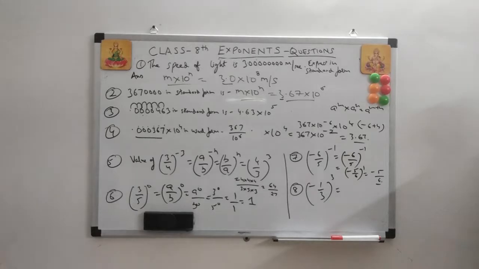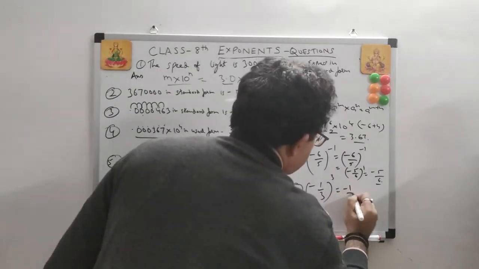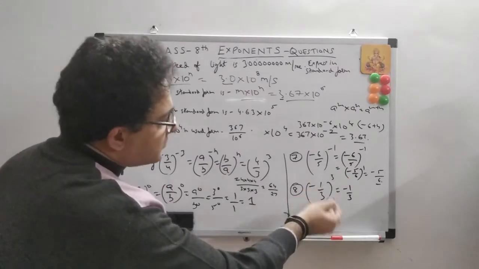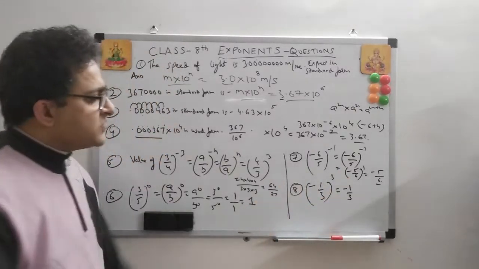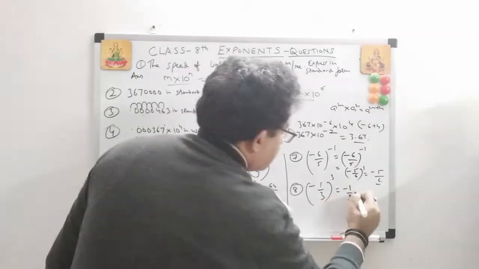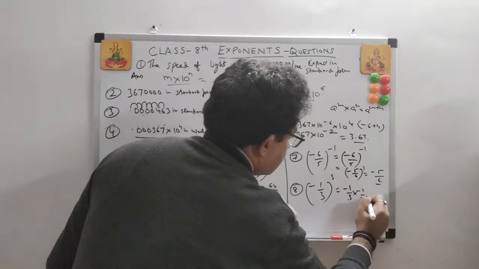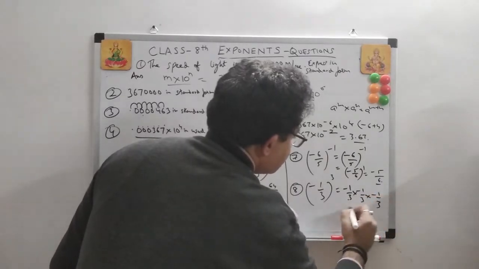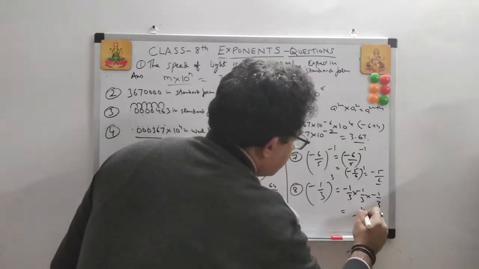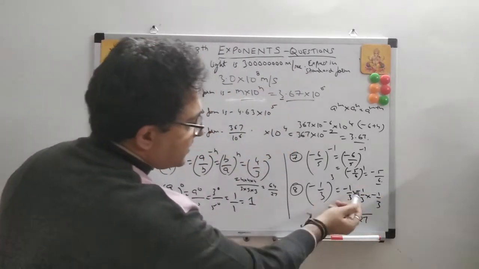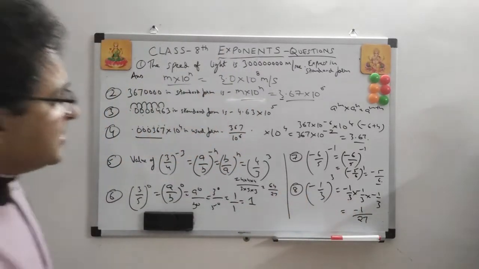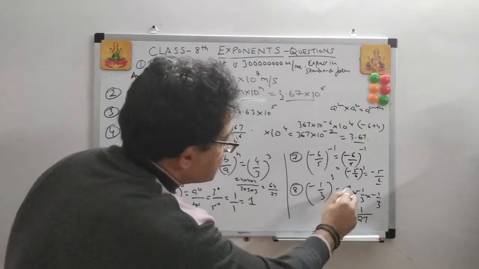And the last one, (-1/3) 3 times. See, this is already a positive power. You don't need to change it. You don't need to reverse it, because we already have a positive power. So this is 3 times, simple. Into -1 by 3, into -1 by 3. The logic here is, this becomes 27. This is 1, but what's the sign? Remember, minus minus is plus, plus minus is minus. This is the answer. Herein, in these questions, the idea is to know the sign.